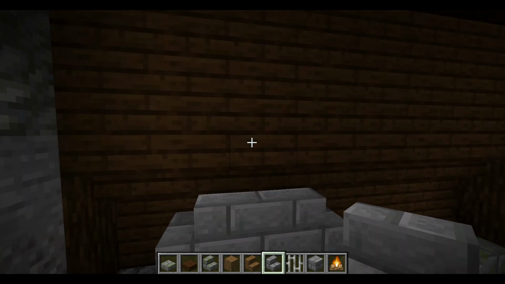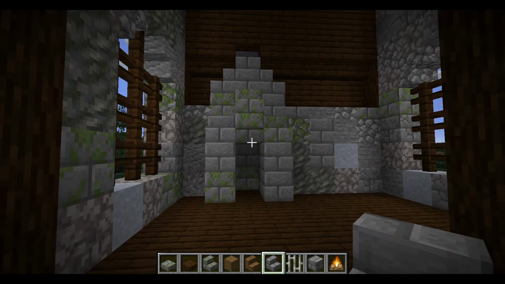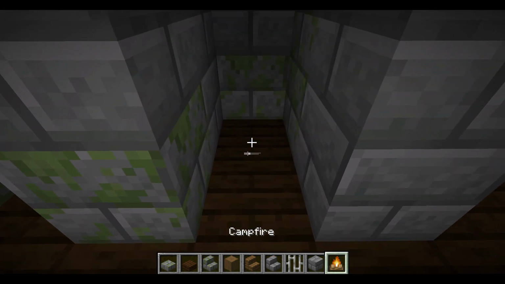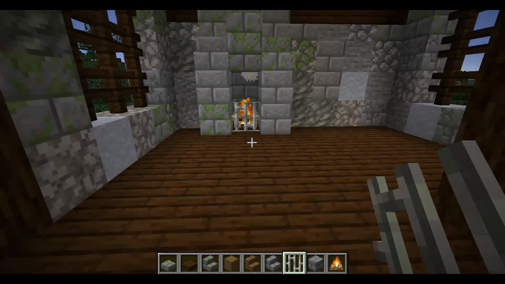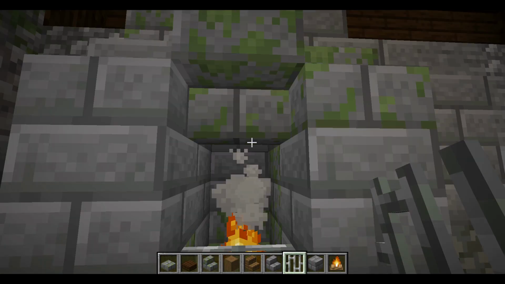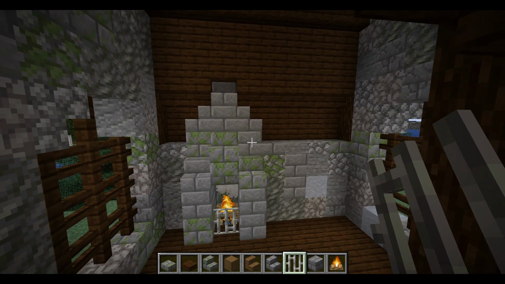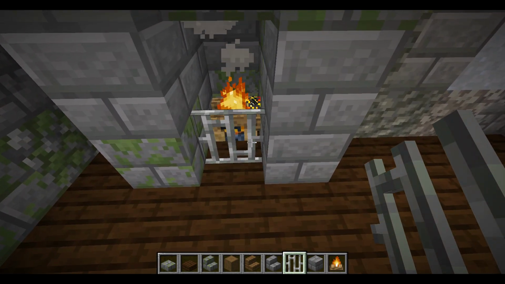But there we go, something like that. And then just put into there. I think we'll do that. Now that is the basic chimney section, but now I've got to do the oven, which is pretty much just that. Campfire, reason for campfire is because it produces smoke, which no other things do, and fire, it just produces